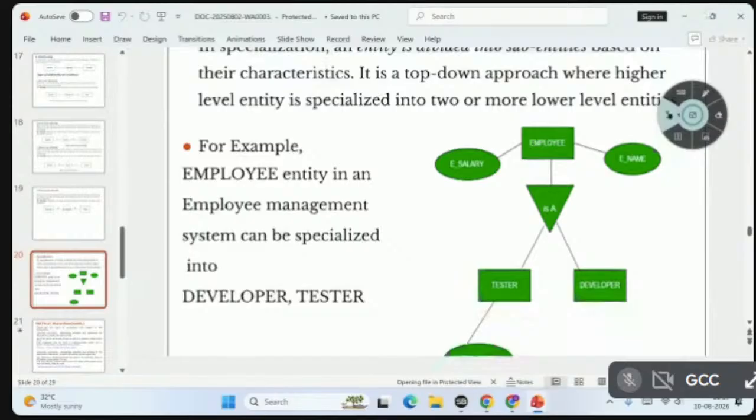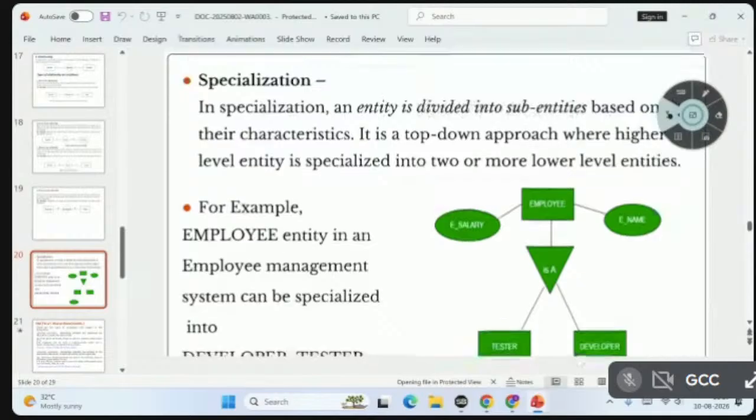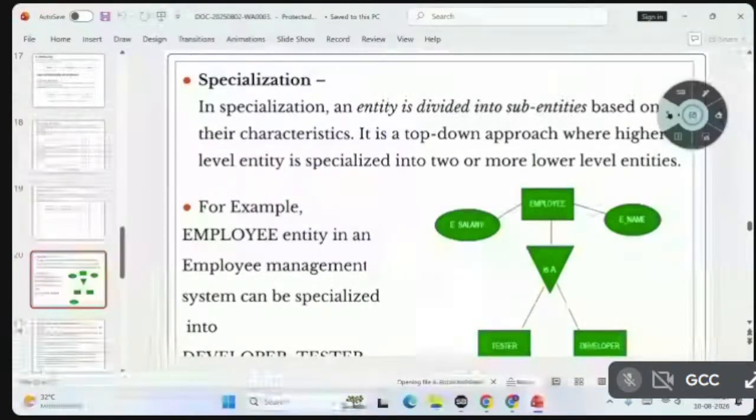Just note the example. Note on the definition. Specialization means an entity which is divided into sub entities, an entity which is divided into sub entities is known as